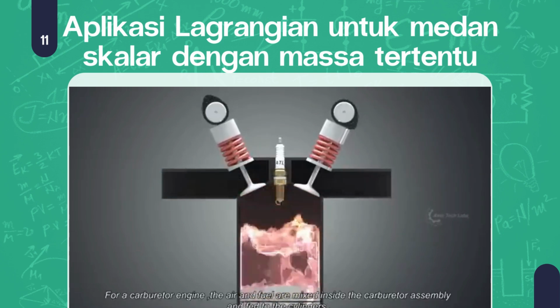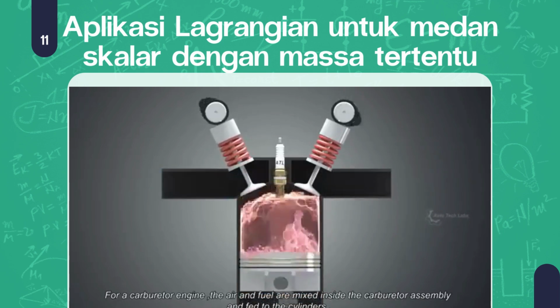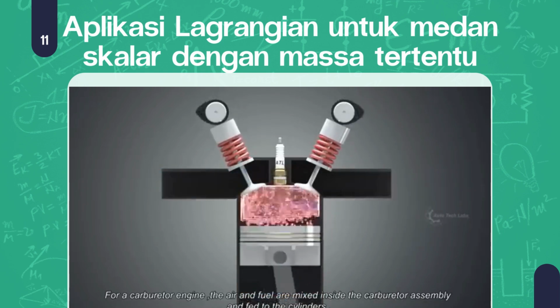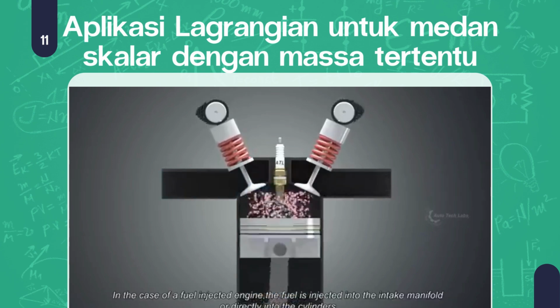For a carburetor engine, the air and fuel are mixed inside the carburetor assembly, and fed to the cylinders. In the case of a fuel